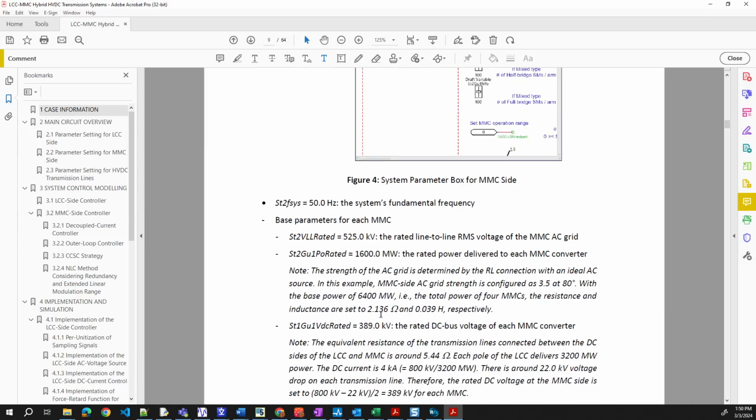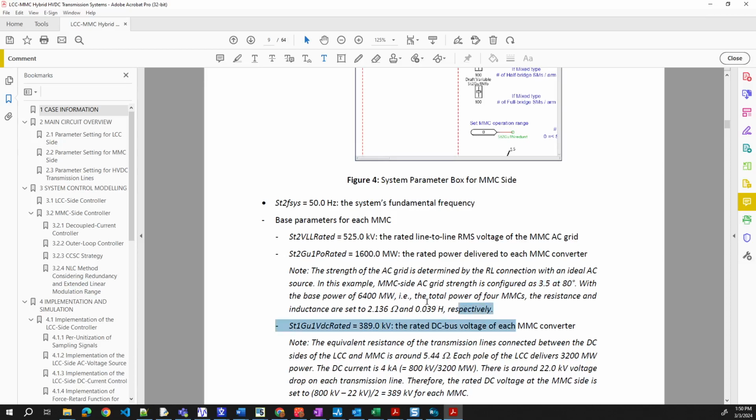Note the strength of the AC grid on the inverter is determined by the RC connection with the ideal AC source. Exactly. In this example, the strength is 3.5. So that's one of my questions, why we have to keep this high. Total power resistance.